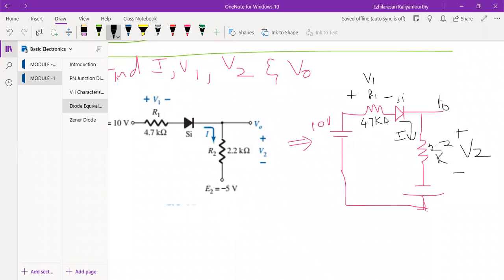How can you check? You say this is positive, this is P type. Okay. See, this is the P type. This P type is connected to the positive side. This negative, that is N type, is connected to the negative terminal. So very simple. This is in forward bias. So it means the diode is conducting. So now we got it.